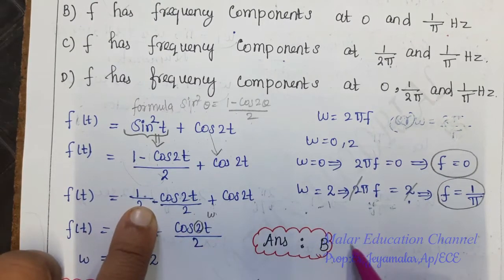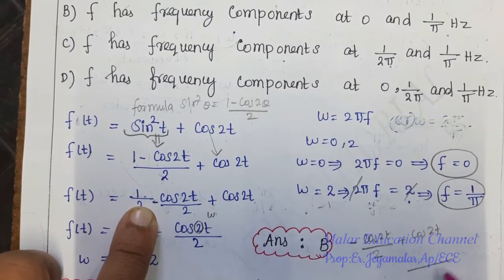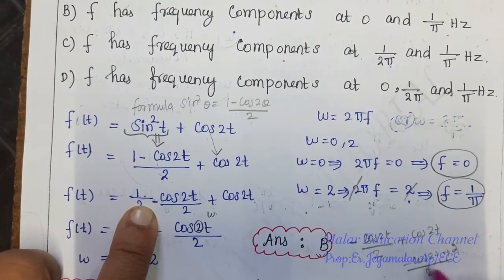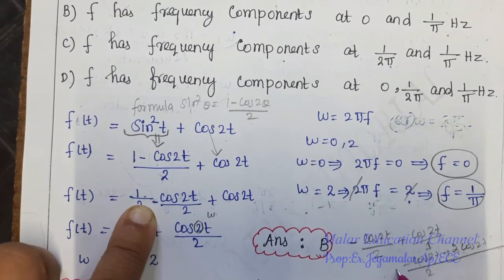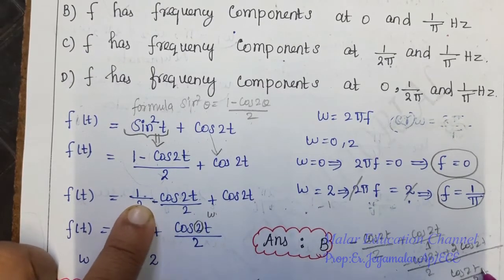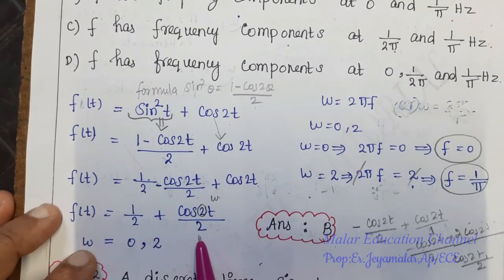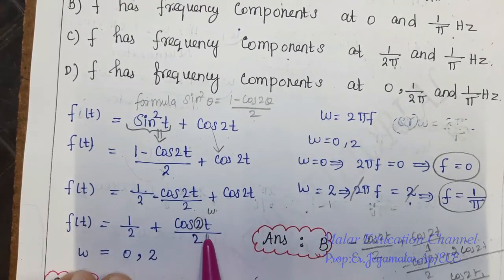Here, 1 by 2 plus cos 2t, minus cos 2t divided by 2. Now take the LCM: 2 minus cos 2t plus 2 cos 2t, so minus 1 plus 2 means plus cos 2t, divided by 2. This is the answer: cos 2t divided by 2. Hence the frequency omega,